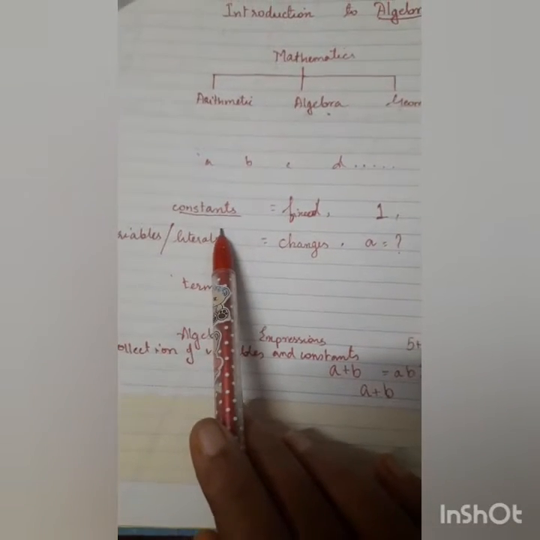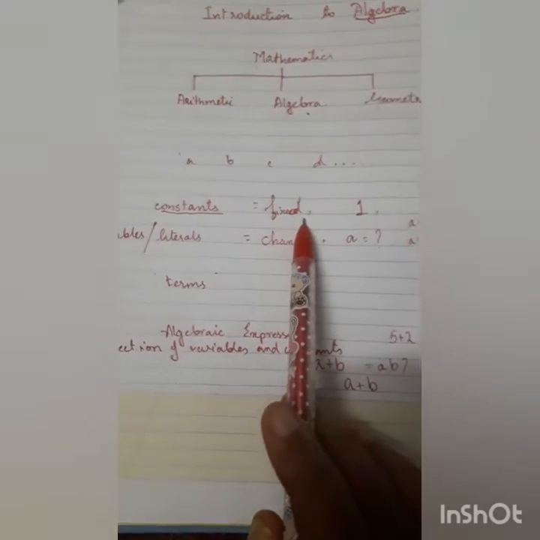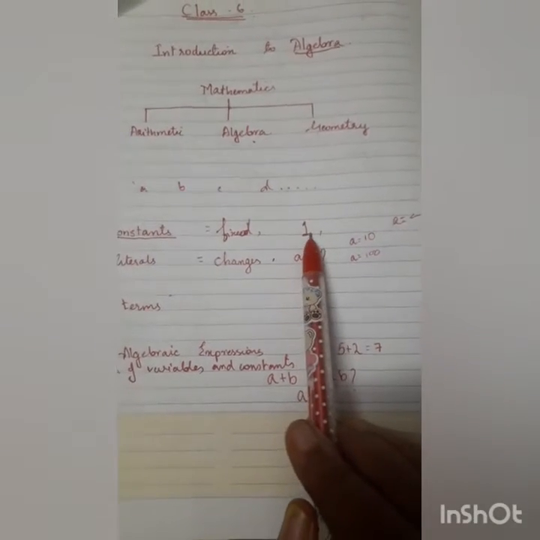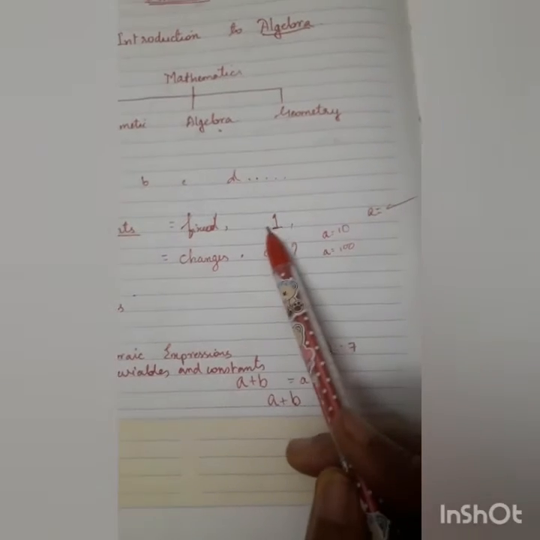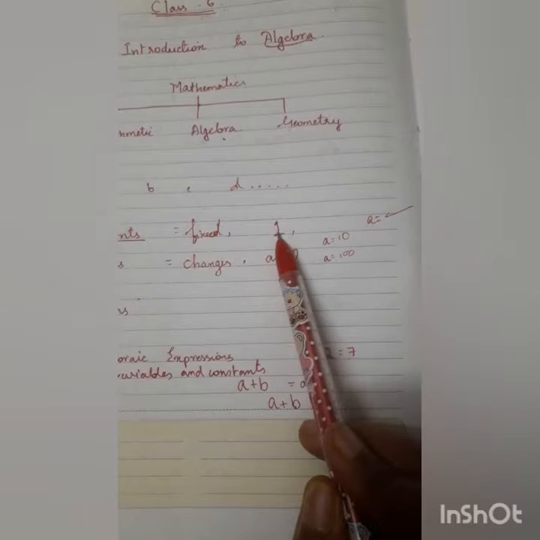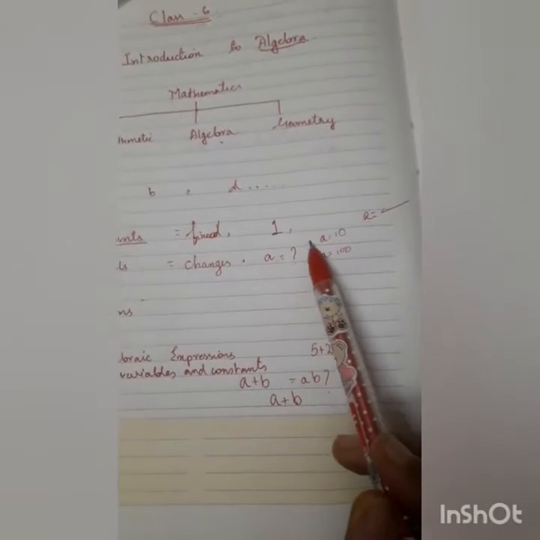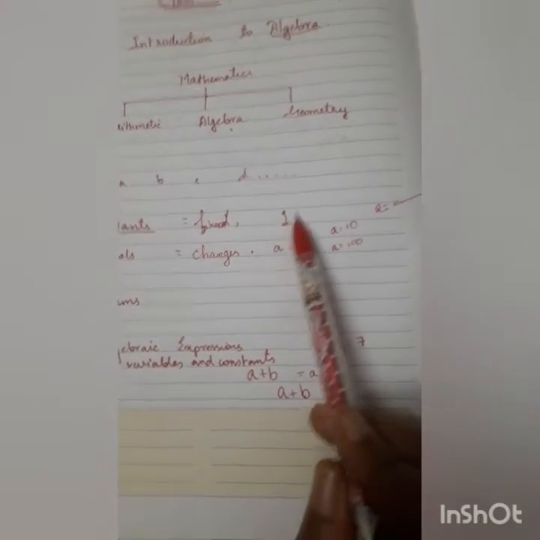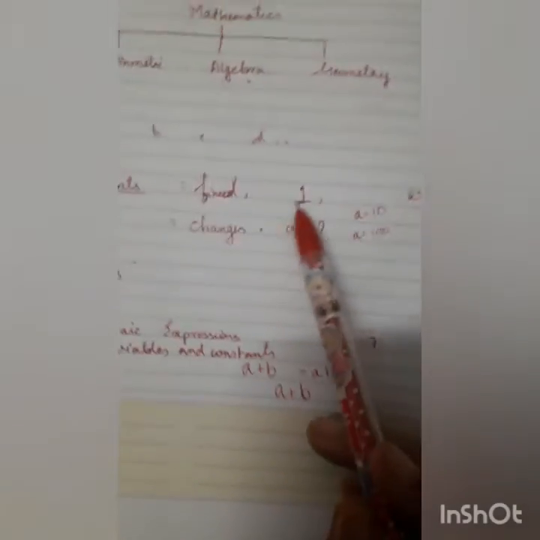The term constants means something which is fixed, which is not going to change. For example, the number 1. 1 can be written in other languages in other forms, and 1 can be spoken in other forms, but the meaning of the 1 is going to remain the same no matter what. Wherever you go, 1 means 1 itself. So this is fixed. 1 chocolate, a person is going to give you 1 chocolate no matter in which language you say it.